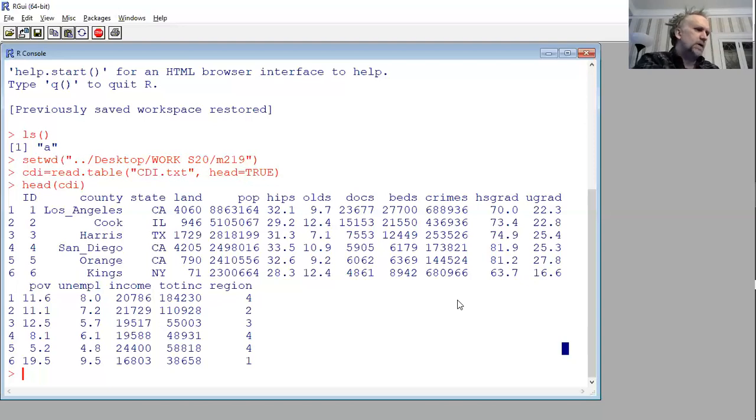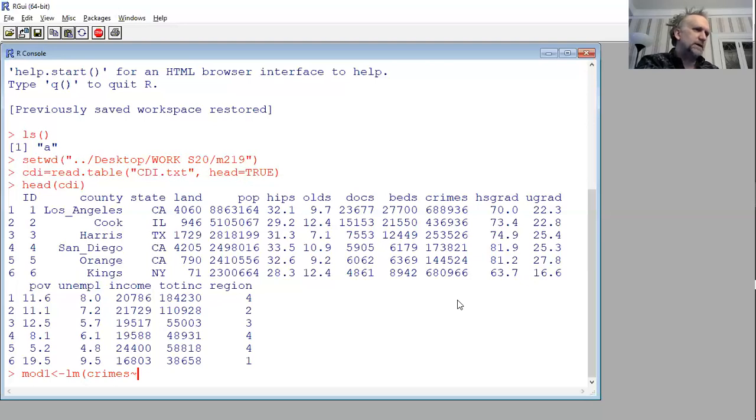So let's do a model. Let's call this mod 1. We'll just try to keep track of these. And let's say LM crimes, as a linear function of